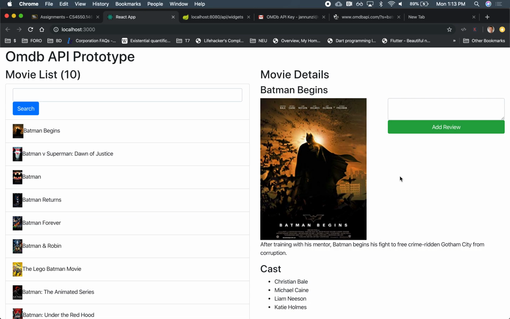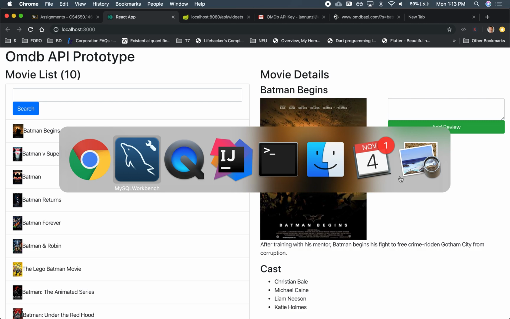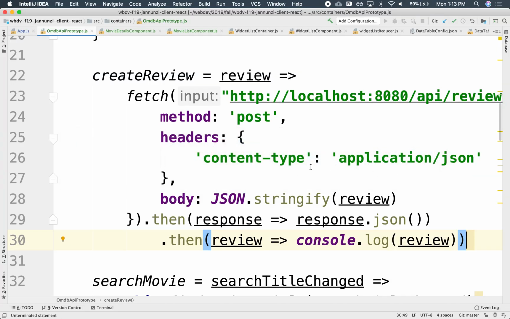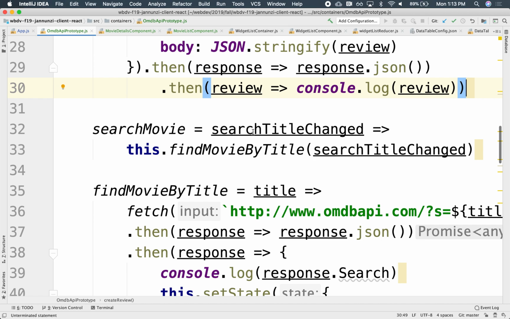So we could do that right where we search for the details, right? When we select a movie, we could do two queries, right? We can do one query out to IMDb, another query to our database, right? So let's do that. We have here a search movie. This search movie finds the movie by title,